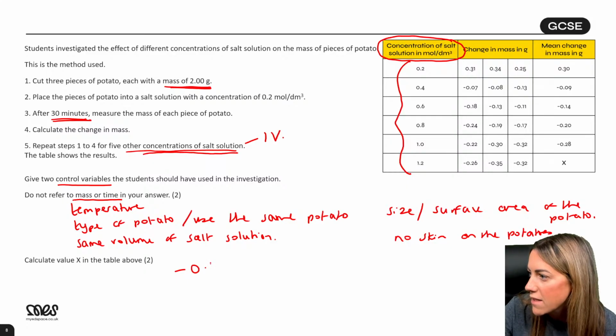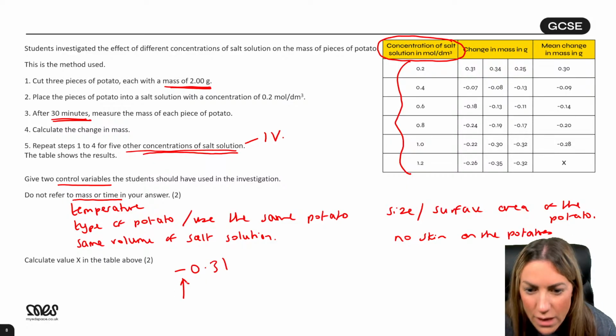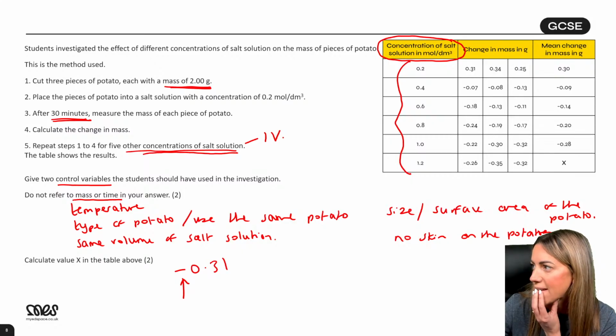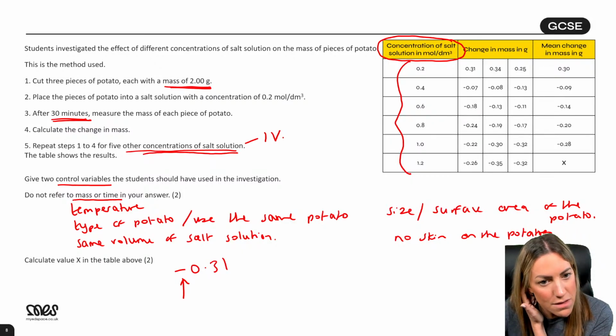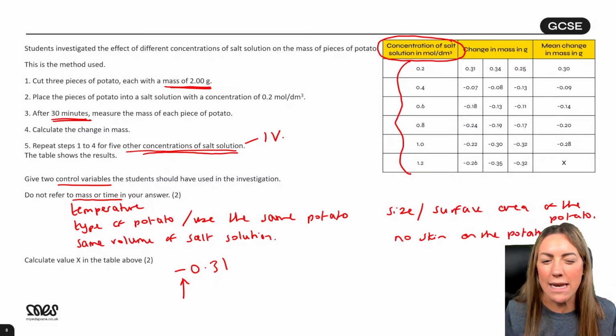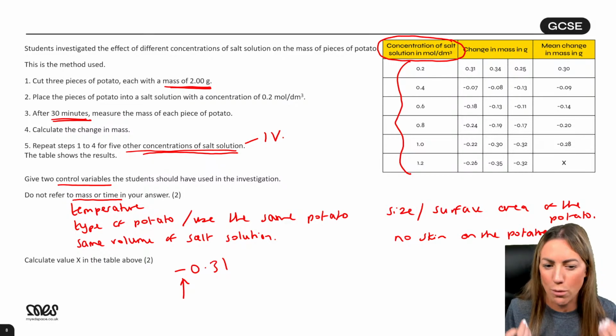No, I think the second mark was for the minus sign. Yeah. No, they've included all the results in the other calculations, haven't they? So I don't think we're looking for an anomaly. But my hint would be if you're calculating a mean, which is a really straightforward calculation, if it's worth 2 marks, that means there's something else.